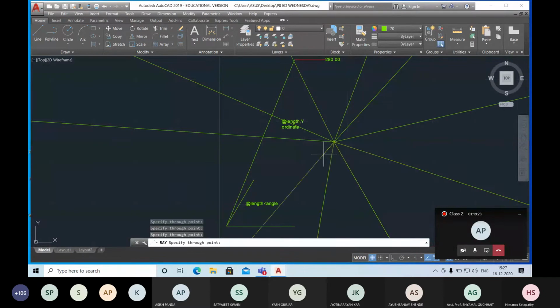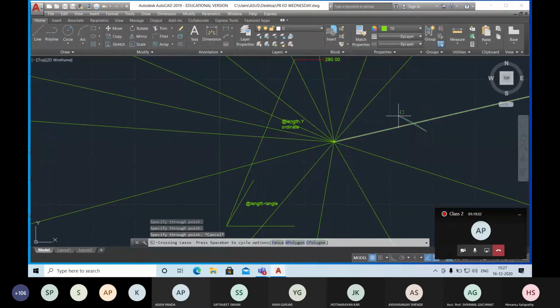So under the starting point, you can click any point and you can select the line, or you can draw the line easily. This is your ray command, RAY. Type RAY simply and mention the first point, and then you can select the option. Mention the first point, then you can select the through point, means onto which line you want to select, you can click on that point. This is also used for reference only.